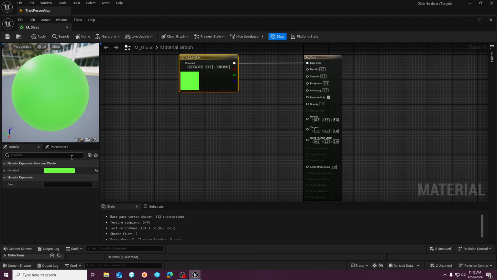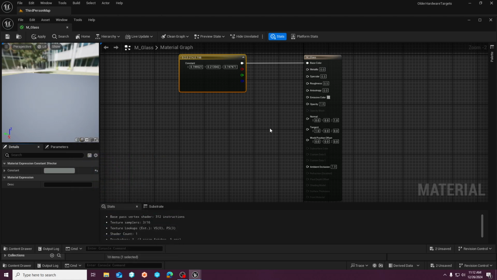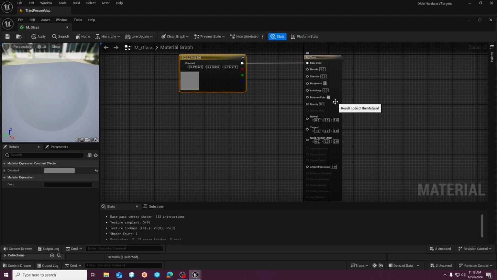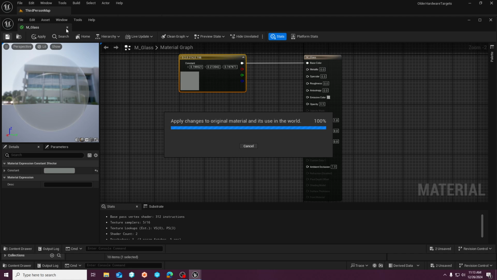I'm going to change this color. We're going to go to something like a light gray. We'll do like half. And we'll turn the roughness value to nothing. And we have glass. Yeah, so if I hit save here, and we go line some boxes up,